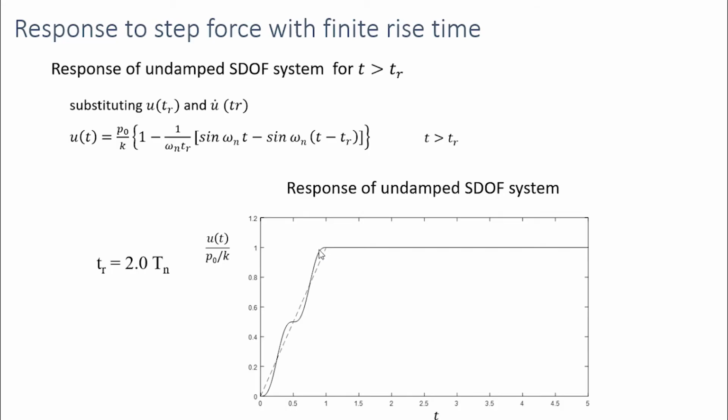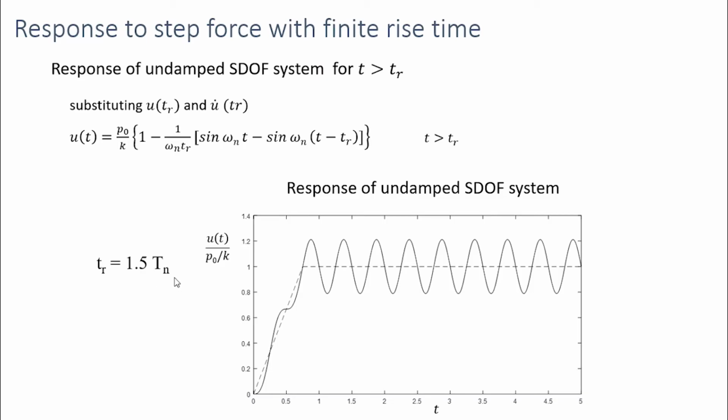Here again, we get a condition that the velocity is 0, and when the velocity at this position is 0, then there's no oscillation. The response is equal to P0 by K. So this is again equivalent to static response. It does not oscillate. So when the Tr is further reduced, when it is 1.5 times the natural period, the